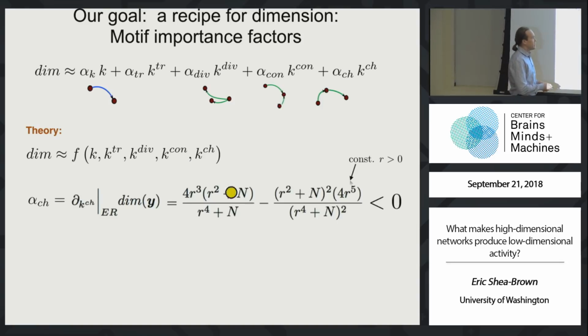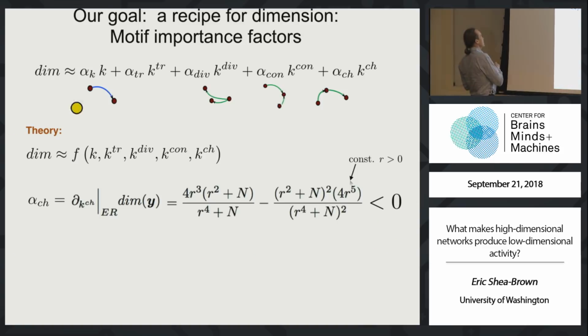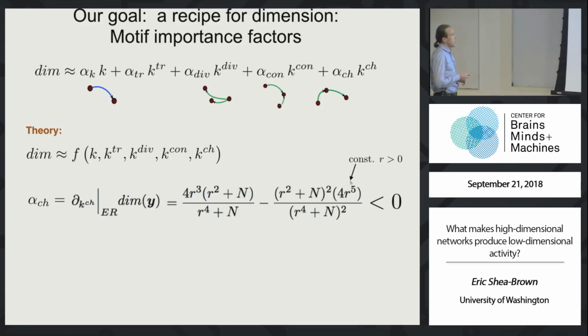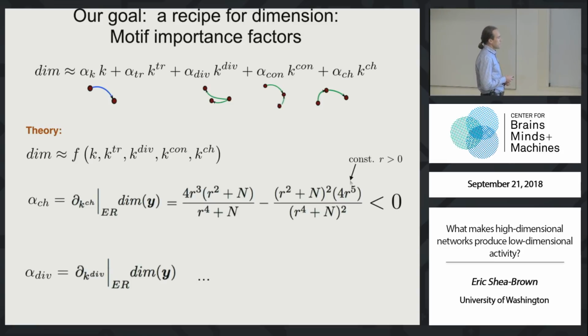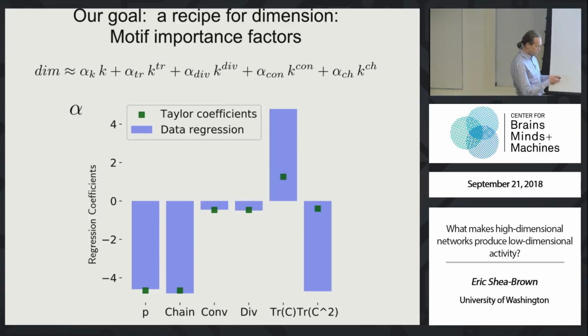The fun thing is that you can prove that it's negative. That says that you take any baseline system, add more chains to it, whether in terms of cardinality or in terms of their strength, as per the question in the back of the room, and you'll always decrease the dimensionality of the system. The same is true for diverging and converging motifs as well. And in the end, I can come up with a simple plot, which tells me how much adding connections, or not adding connections but rearranging them to boost the effective content of chains or diverging motifs or whatever, will all factor in together to determine the dimensionality of the network activity as a whole.